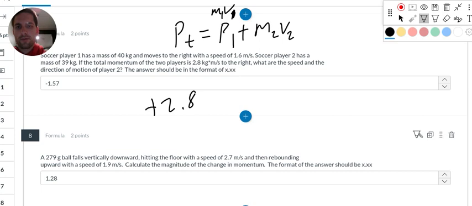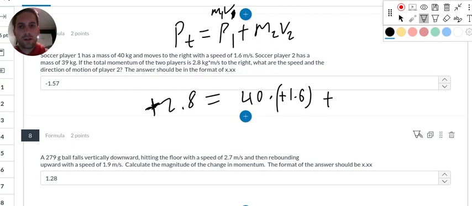We'll choose positive to be the right, because that's usually what we do. And we say that this can equal 40 kilograms, because that's the mass 1, times his speed to the right, plus 1.6,